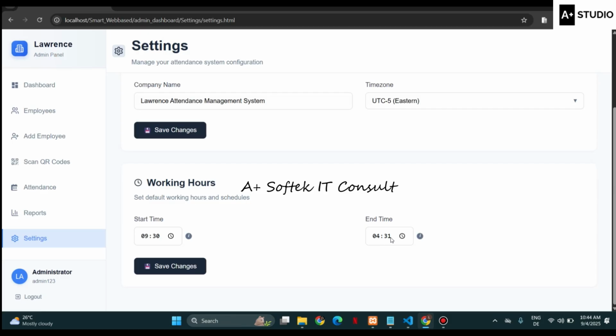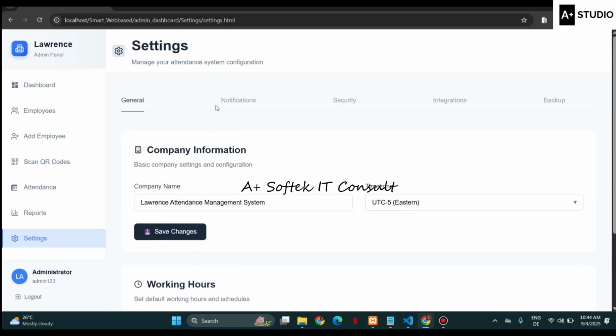So it checks the time of check-in and check-out. I did this in such a way that if an employee checks in before this time, the employee is considered either present on time or late. And this also checks the time an employee will be able to check out. All right, so this is a quick overview of how